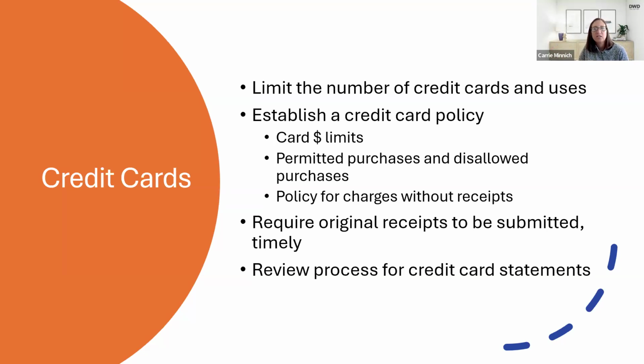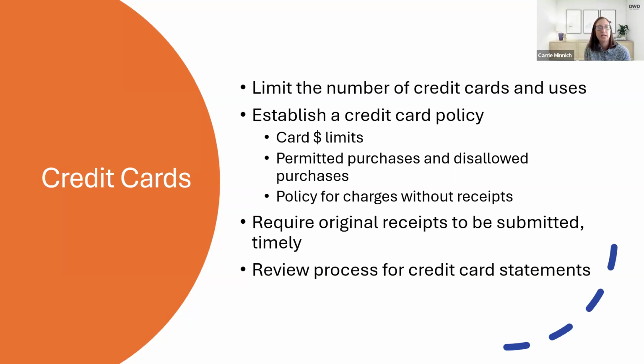Next is credit cards. So again, we recommended that you don't use debit cards, but credit cards, that's fine. Although there are some risks associated with an organization using a credit card. It includes misuse of the credit card, purchasing again for non-business related expenses if somebody gets a hold of the credit card that shouldn't have access to it.